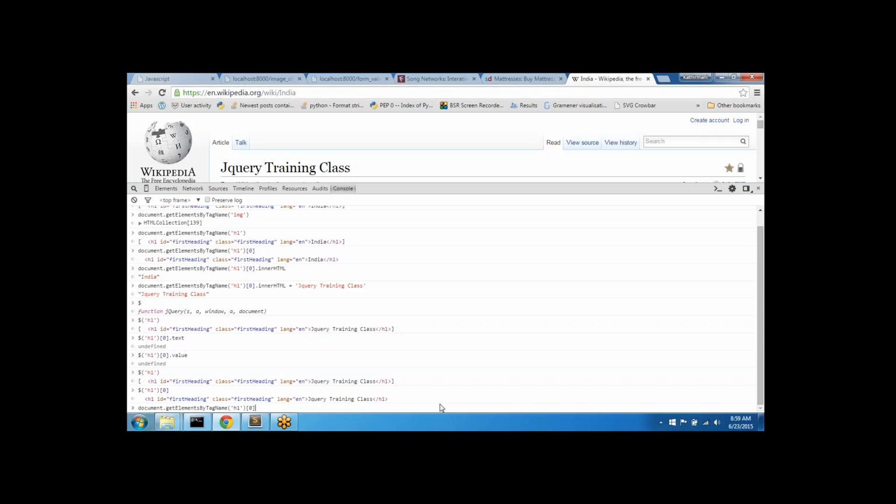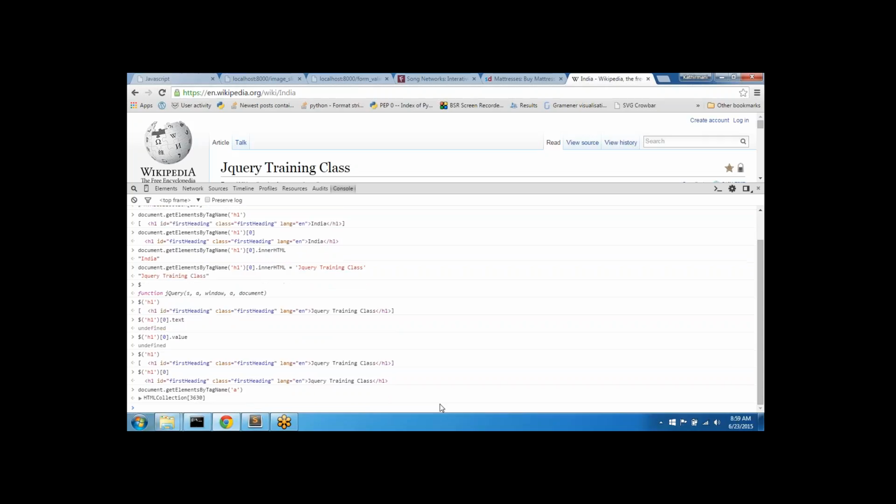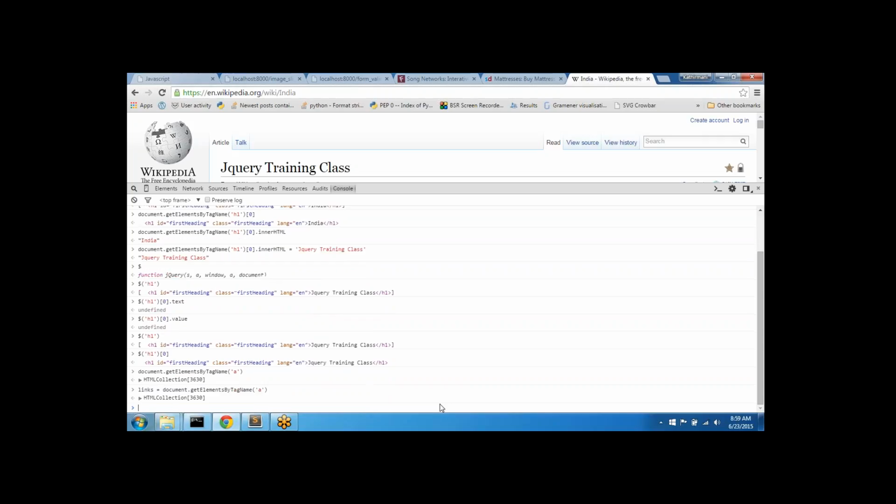So we'll check out the different hyperlinks in our HTML page. That is the current Wikipedia page here. It says there are 3,630 hyperlinks in this web page. Let's see how we get all the hyperlinks. For that we'll save it in a variable, links, and then use a for loop to list out all the